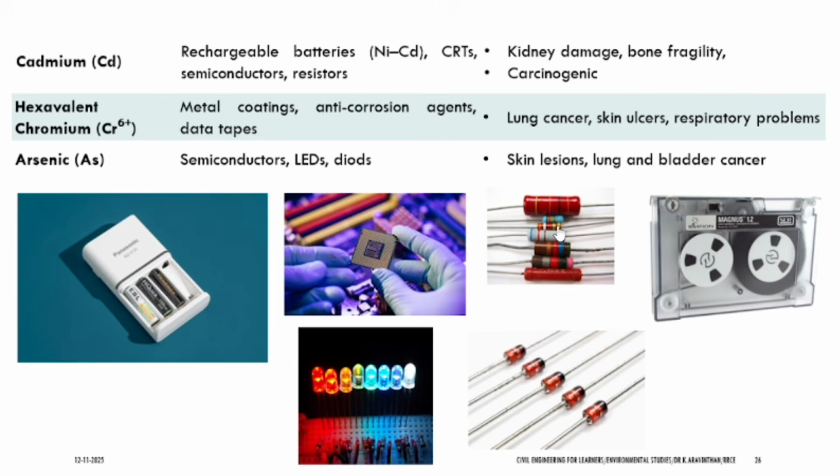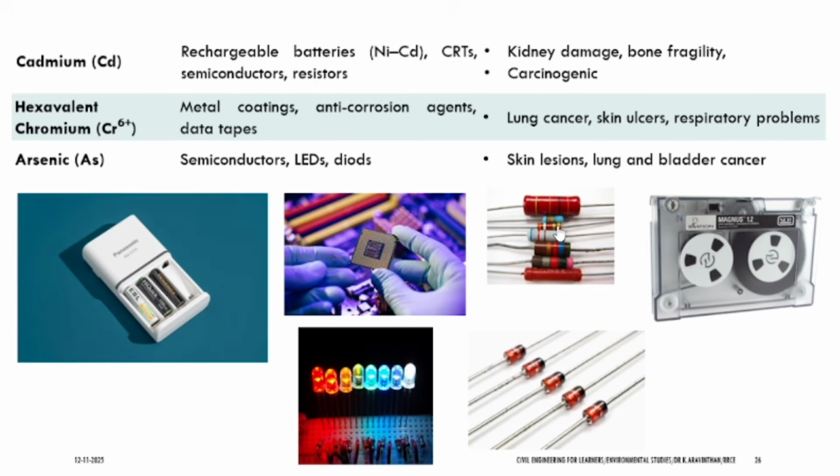LED bulbs, and this is called diodes. What is a diode? Where can you see a diode? Any idea? PCBs. You can see a diode in a PCB or motherboard. A diode will only supply current through one way. It will not supply current both ways. If you have a wire, can the wire conduct both ways? Current can flow, isn't it? But if you supply current to a diode, it will only go through a single way. This is the purpose of a diode, to help during short circuit.